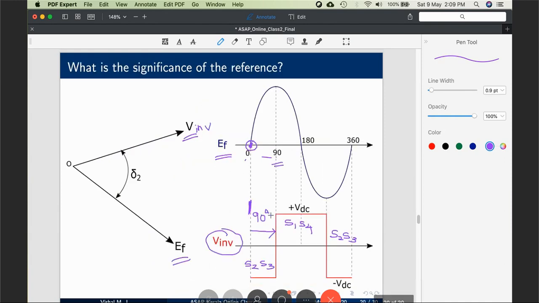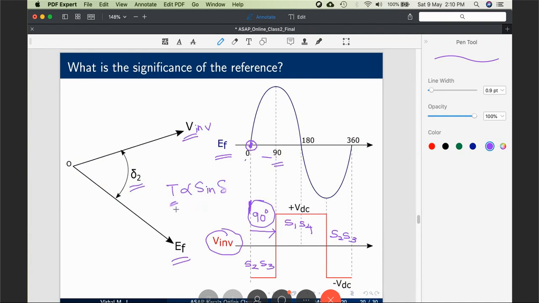See, I'm coming back to this slide. Here I have shown delta 2, but here I have drawn 90 degrees. What is the advantage of keeping this one at 90 degrees? Because torque is proportional to sine delta. If delta can be 90 degrees, then torque takes its maximum value. Which means if you use such a machine, the best dynamic response is possible, because the machine accelerates with its maximum torque, and if it decelerates, it decelerates with the maximum possible torque. Thus, in minimum possible time, you can attain your new speed.